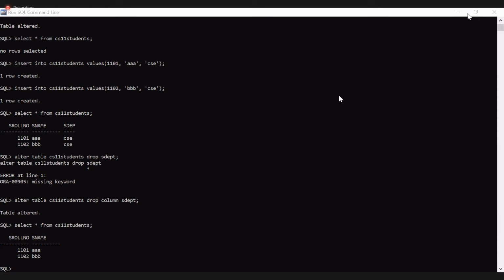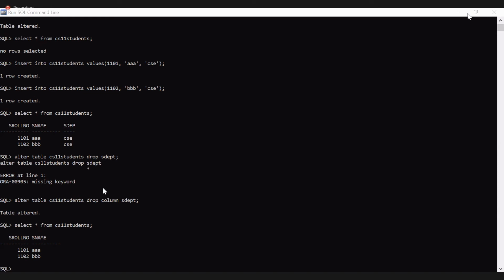Nalini, we can remove the rows by using the delete command. Because I'm first focusing on the DDL commands. We can remove even the records from the table also. Is it clear? So till now we have executed the create command, select command, and alter.